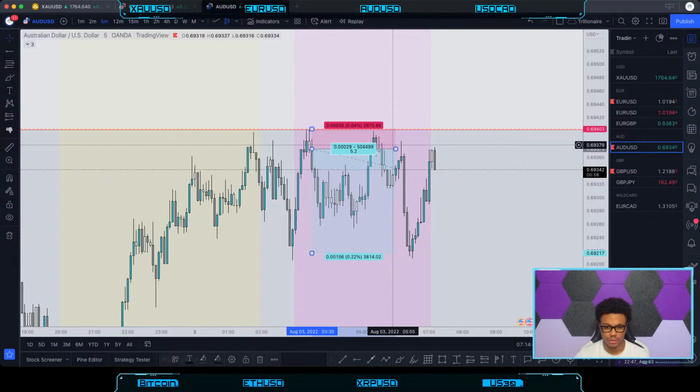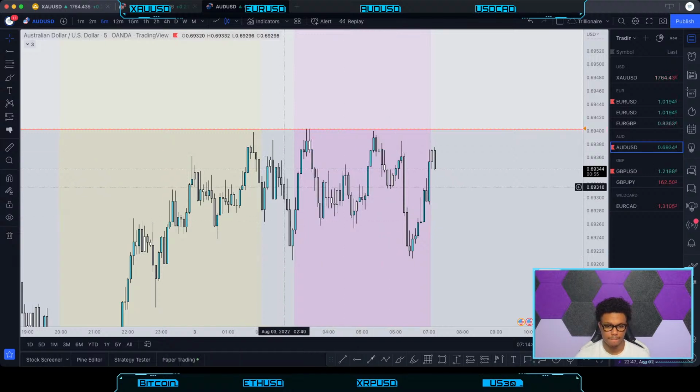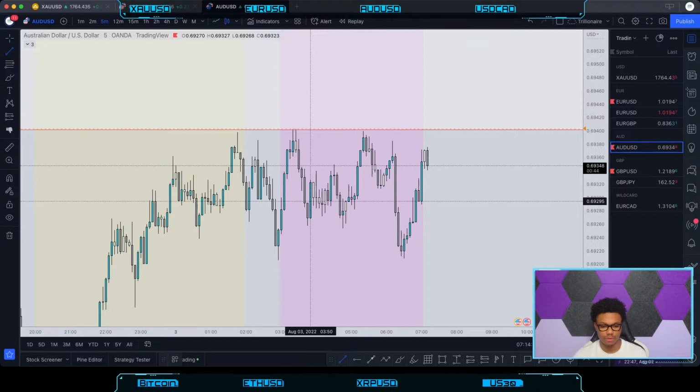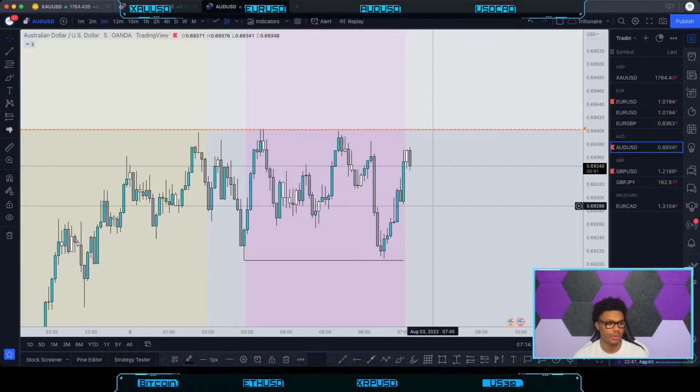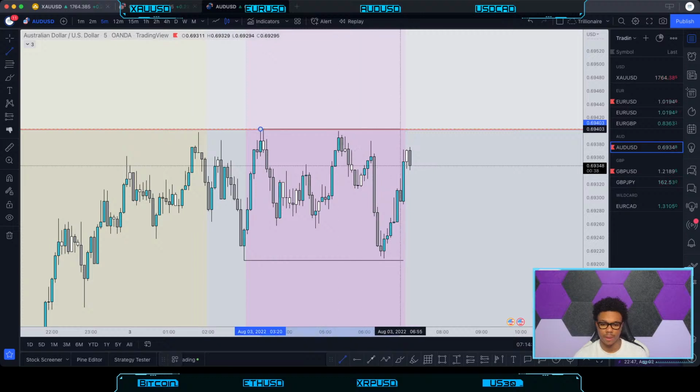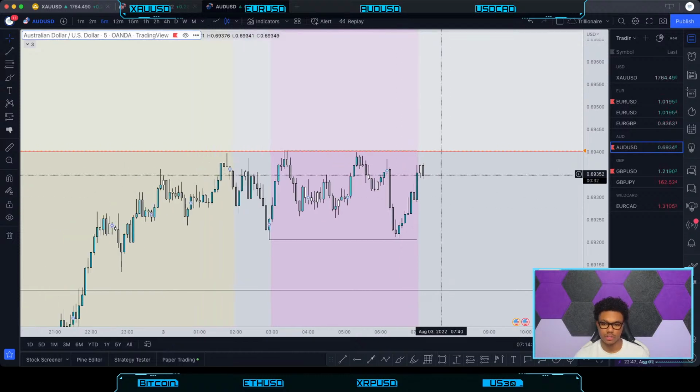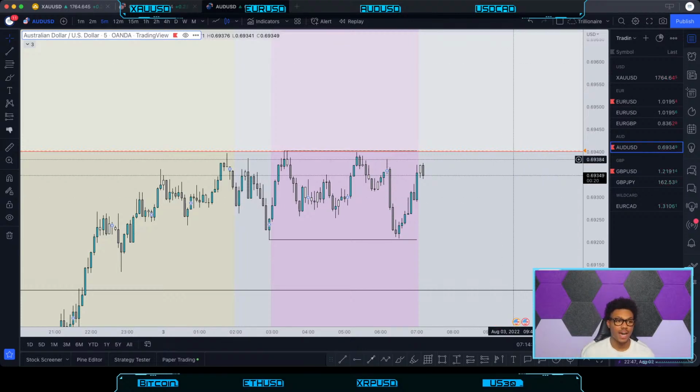Let's see. Actually, no, we would not be in this trade yet. If we're looking at microstructure, yes, but if we're focusing on institutional trading, no, we would not be in this trade just yet. So we are looking for higher prices on AU. Okay, so solid. So we'll be looking for this area here to get tapped for that alert to go off. And students of mine, you guys will be trading this live right along with me. So with that being said, I hope you guys have an excellent New York day trading session.